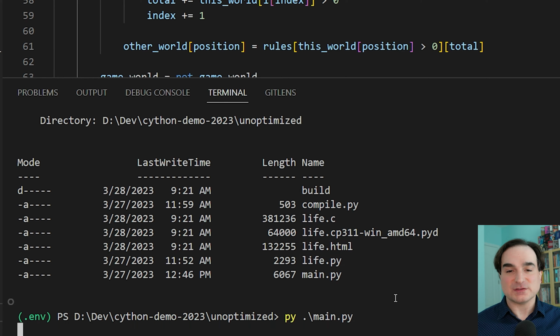On Windows, it's .pyd. So if we run this version of the code, we'll notice that there's only a modest speedup. It's maybe about double the performance of the uncompiled version. And that's because the Cython compiler assumes that by default, every variable in this code is a Python object, a generic Python object. We still have to use the Python runtime with all of its overhead and all of its object handling mechanisms to do anything.